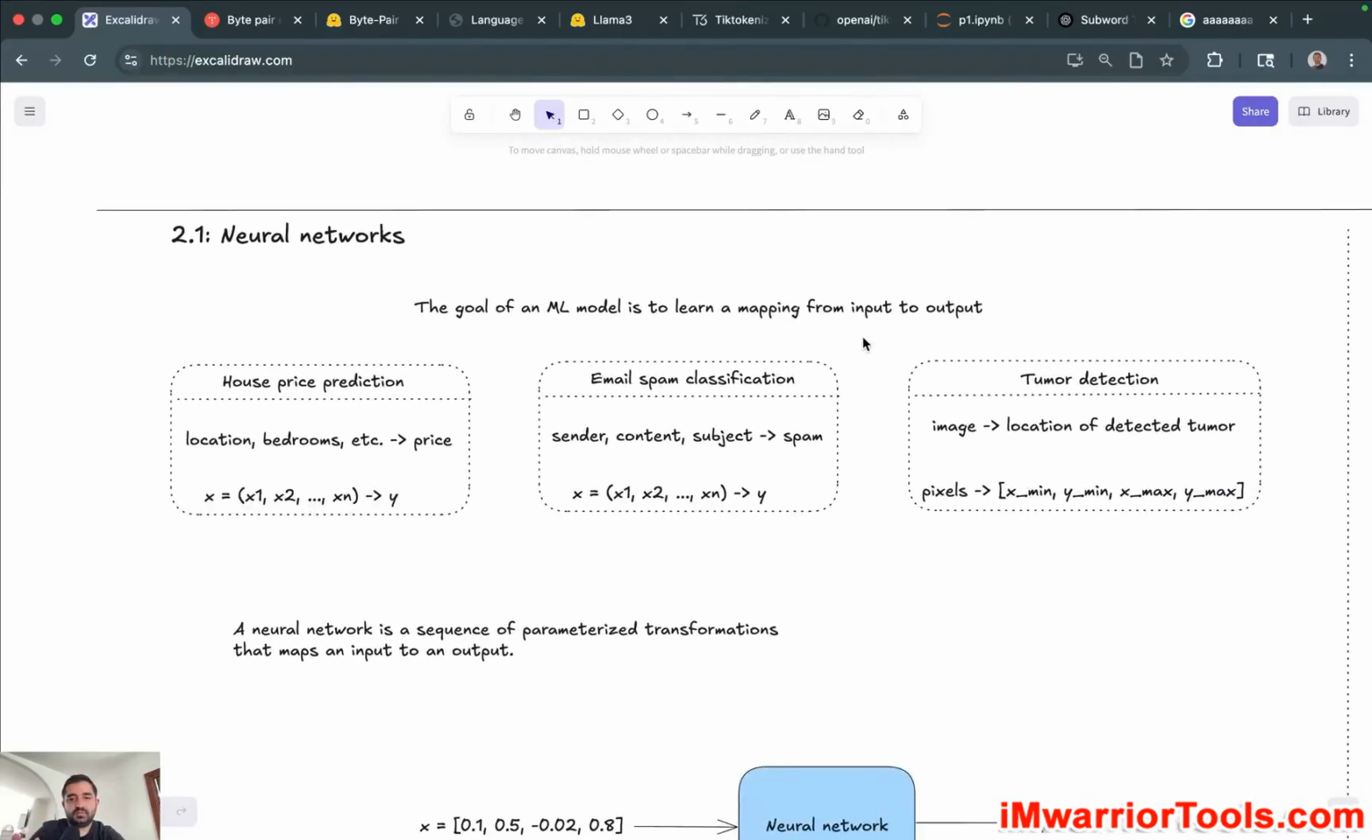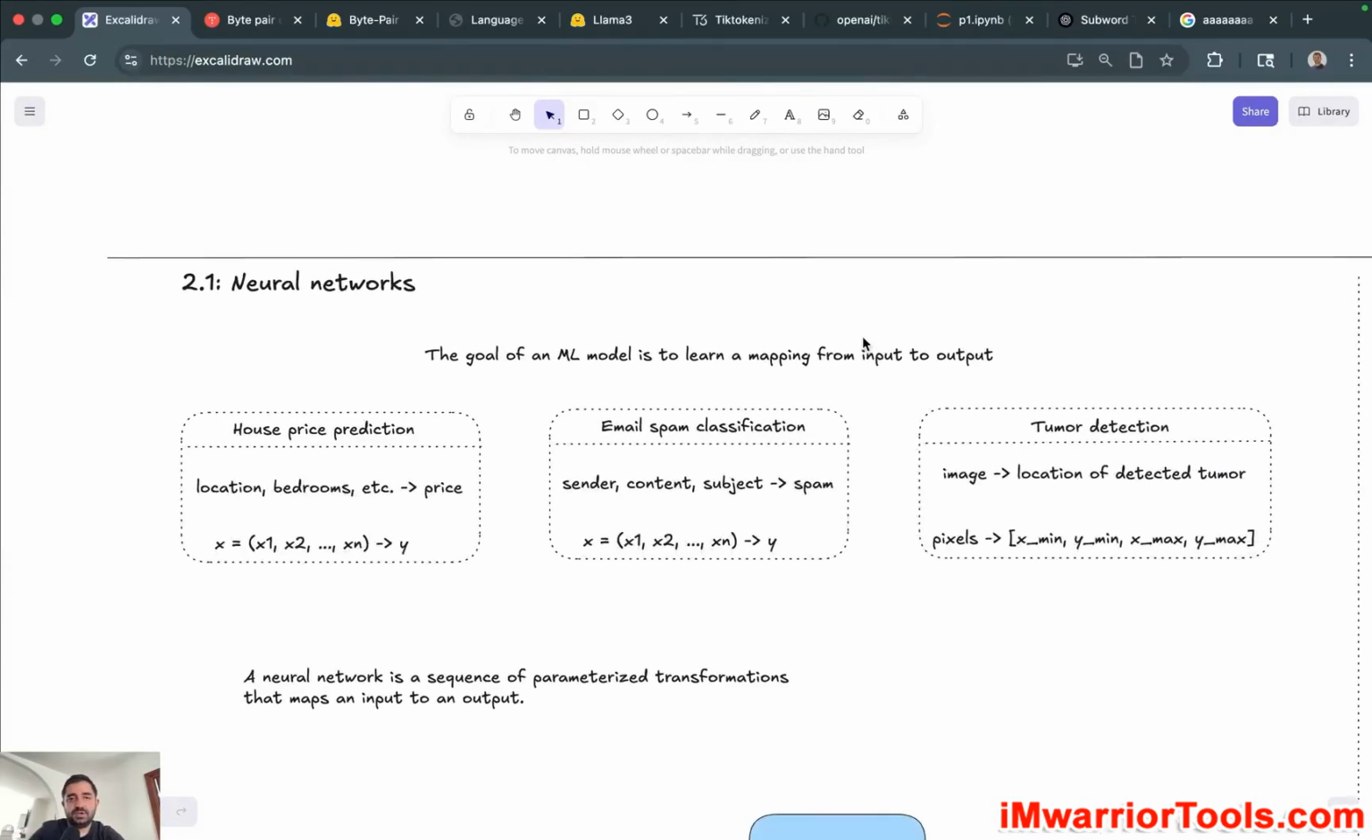So the first thing is, what is a neural network? And before answering that, let's understand the goal of most machine learning models. Most machine learning models are basically trying to learn a mapping from some input to output. I have 3 examples here. And if we look at them, in all of them, we want to learn a model to learn a mapping